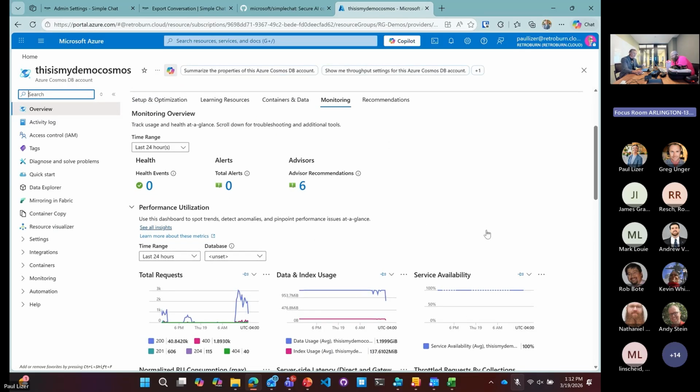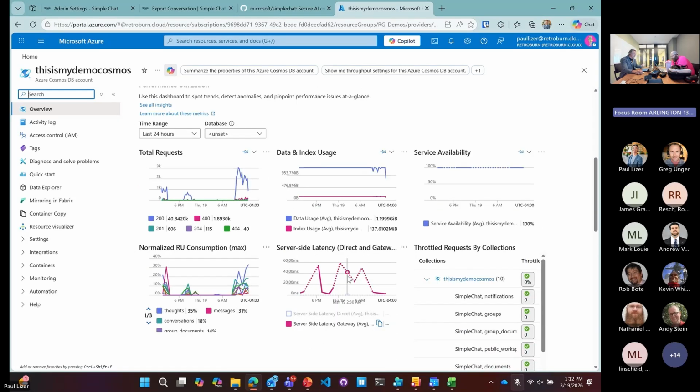So if you're having things and they're not performing as you want, using this normalized RU consumption here is going to showcase how much. So you can see Thoughts is using 30% of what I've allocated for it on consumption. So once this starts getting close to 90, 100%, that means you need to scale your RUs.